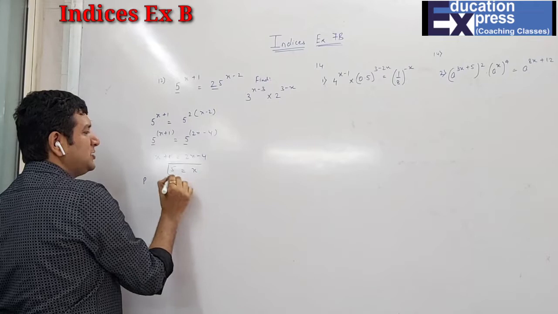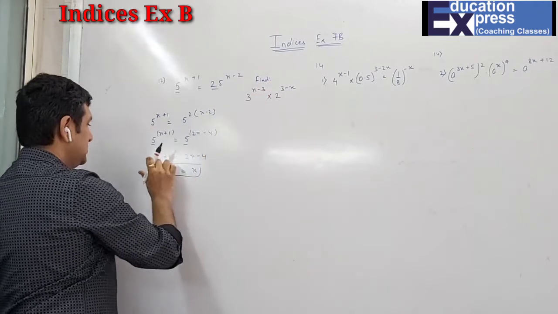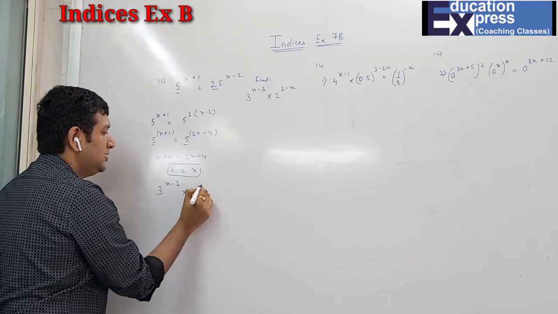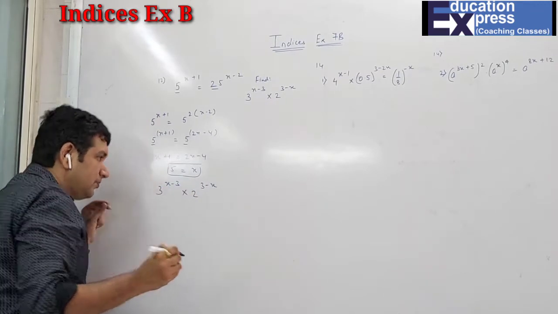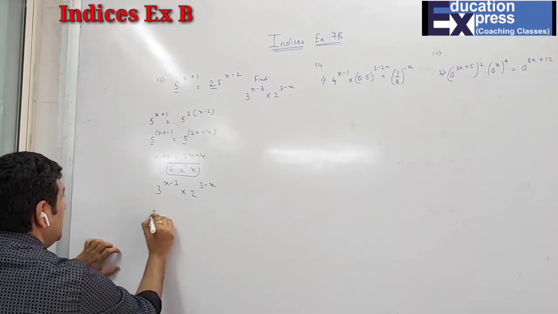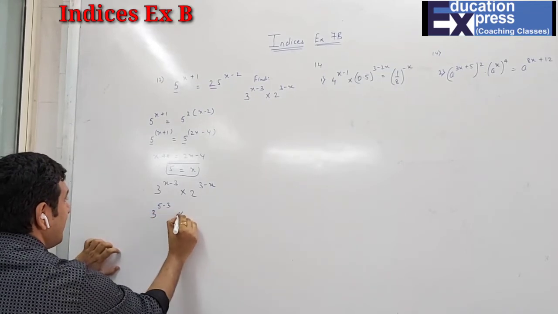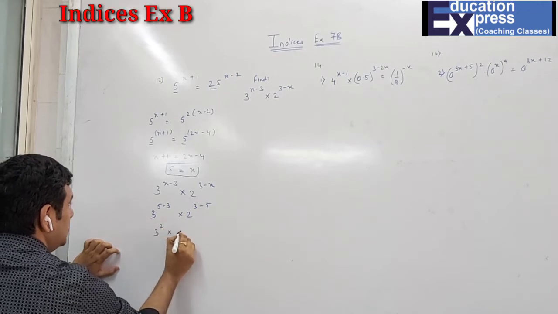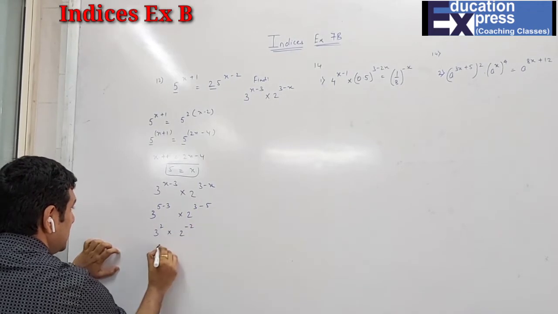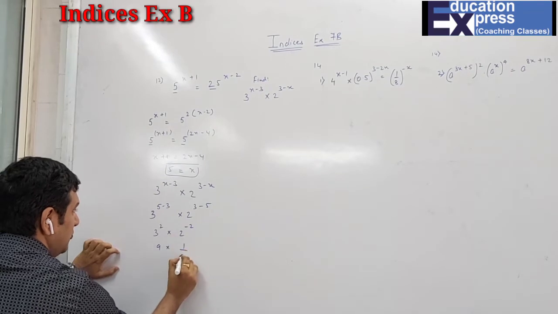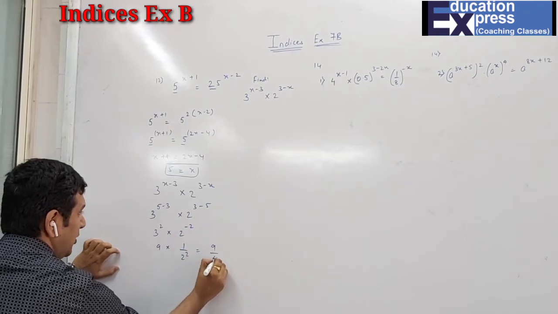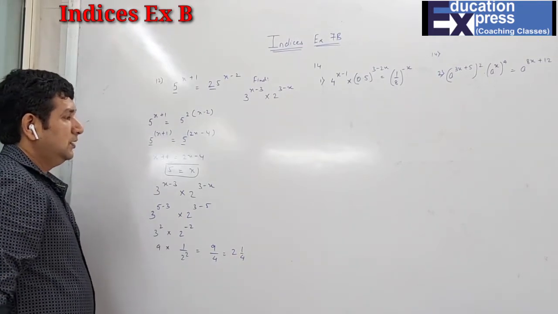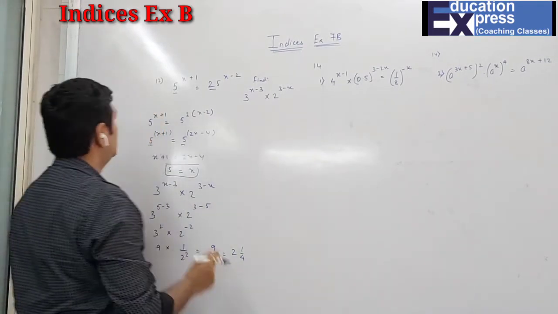Now obviously I have got the value for x, but we don't want to find x, we have to find the value for this. So now the value is 3 raised to x minus 3 into 2 raised to 3 minus x. What is x? 5. So 3 square into 2 raised to minus 2. 3 square is 9. Reciprocal, 1 upon 2 square. That is 9 upon 4. Hence 2 1 upon 4 is the answer. So now question number 12 is also done.